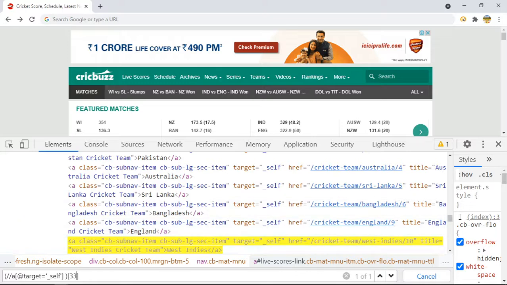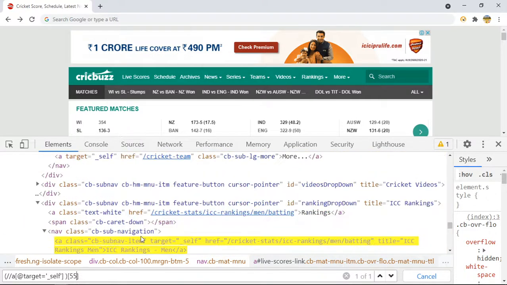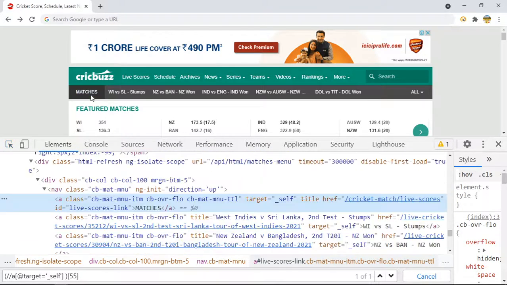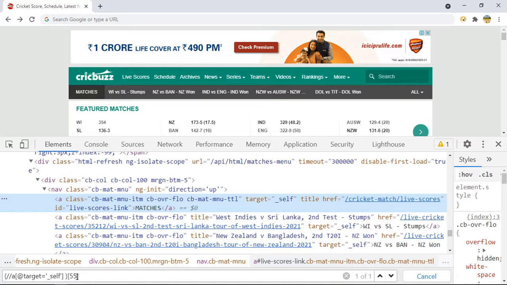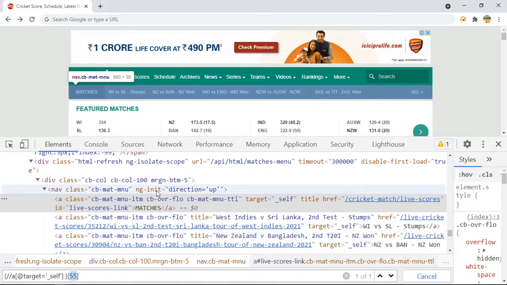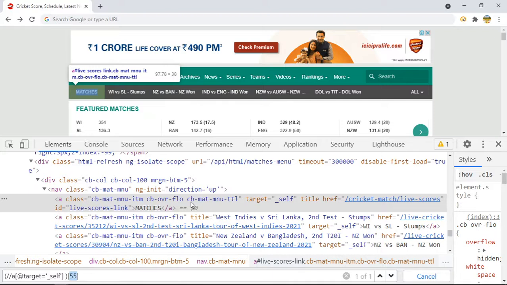Let me try to do, or let me choose this one, right? Because this number should not be very big. It is not looking good. Let me choose some other which looks unique.